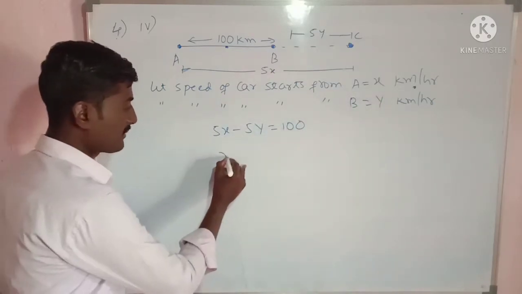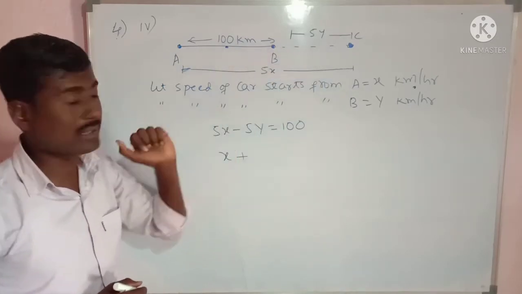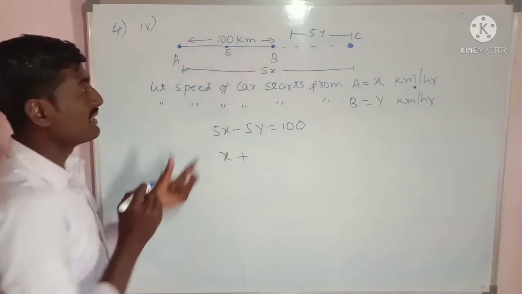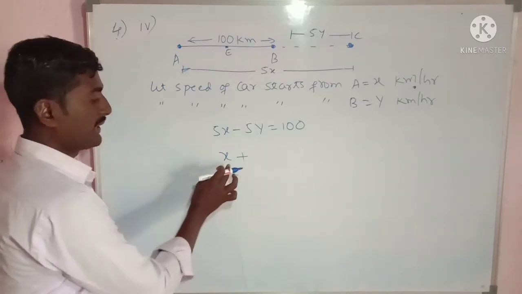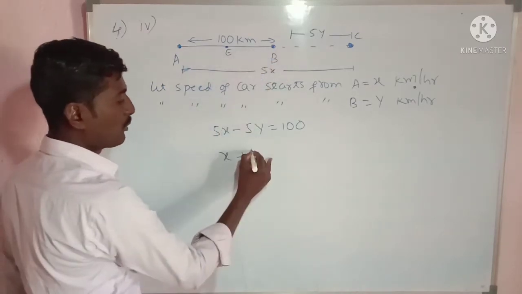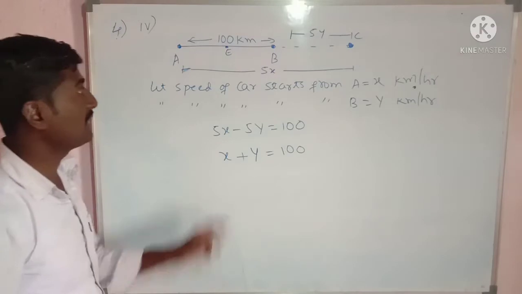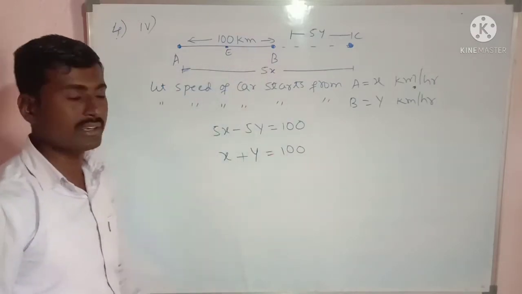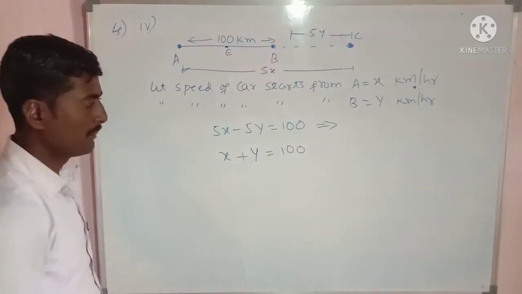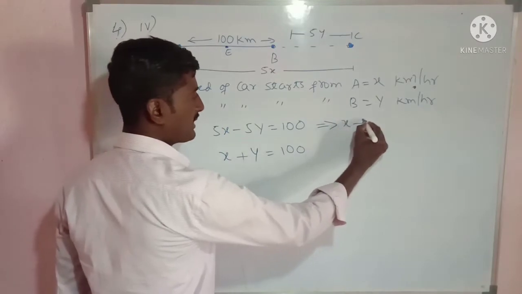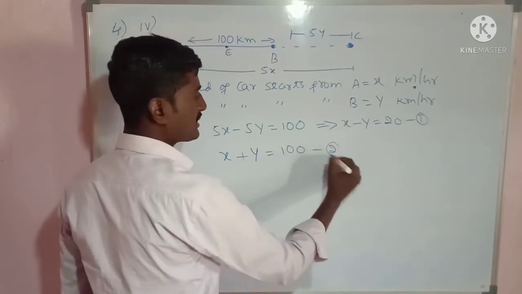So the distance covered will be 1x because the speed is x. In the previous case it was minus, because AC minus BC will be AB. Now if you take this point as E, AE plus EB I can write as AB. So 1x plus 1y, and 1y is nothing but y only. So x plus y is equal to 100, I can write. AE plus EB is equal to 100. So this is equation number 1. Otherwise I can still write it in the simplest form by taking 5 common: x minus y is equal to 20. So this is equation number 1 and this is equation number 2.